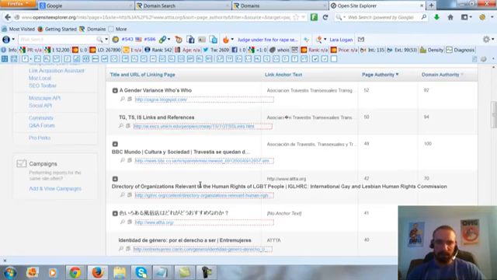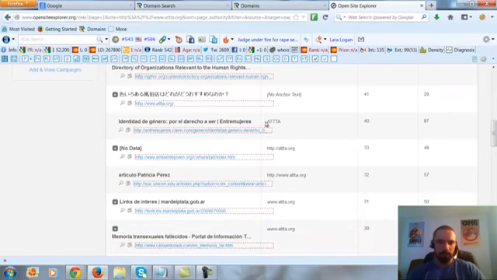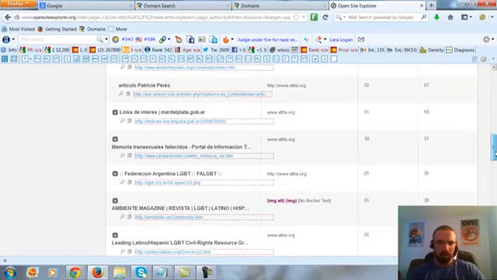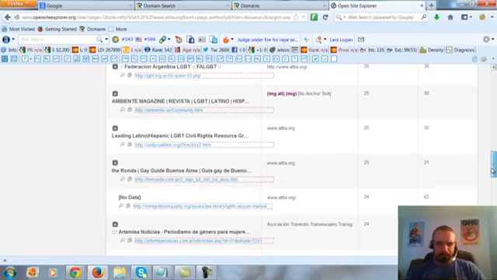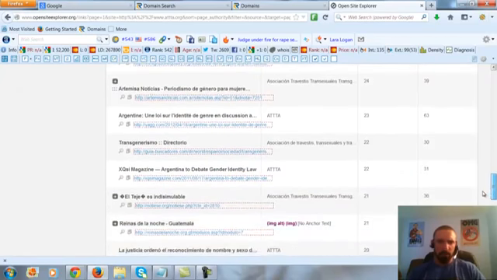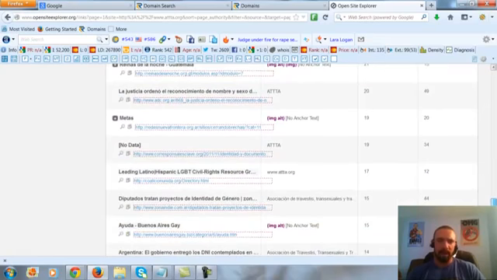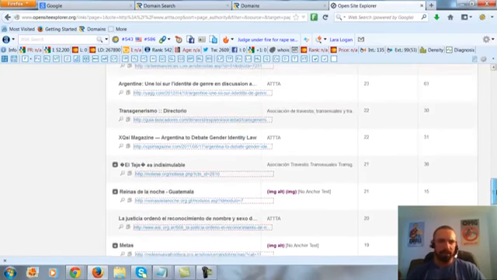Anchor text from like a directory type site. Now this is a pretty hard one to judge. I would have to really go in and look at these. Some links from .ar. So this is one of the tough ones. But from experience, I think this is a natural type domain. Because there's links from a lot of different types of places, a lot of branded anchor text that's switched up. Just like a mix of links from different places.